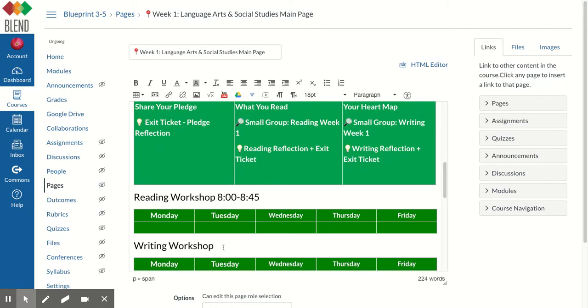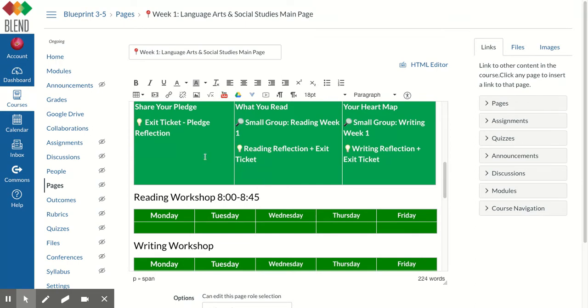You could go in here and kind of customize this, right? And what I did is I just added a table right here that says Monday, Tuesday, Wednesday, Thursday, Friday. I used this same look from this top part